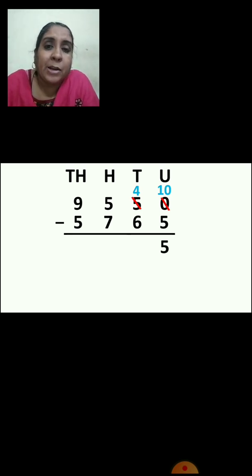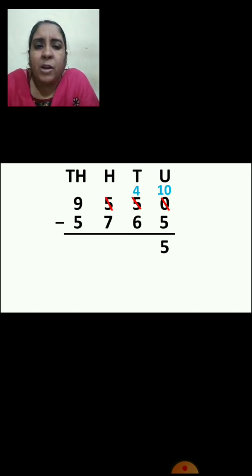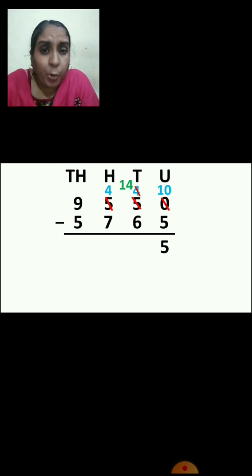Now we will see tens place number. Again, you cannot subtract 6 from 4. 4 is small. So you have to go to hundreds place. So what you will do? You will cut 5. Again, 5 minus 1 will be how much? 4. And you will borrow 100 to tens place. So you will cut 4. And what will come in tens place now? 14. Very good. Now you can subtract, right? So 14 minus 6. How much will it come? Very good. 8. Right?